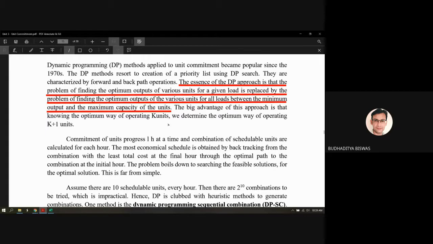But here, in all the methods except the dynamic programming method, we first decide what is the load demand. Suppose the load demand is 70 megawatt, fixed for this particular time duration, and based on the 70 megawatt load demand, we schedule our generation, that is, how that 70 megawatt load demand is produced and what units should commit. Now if the 70 megawatt is changed to 80 megawatt, we need to run the program again. That is the main problem in the other solution methodologies.